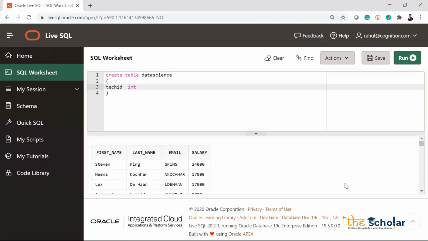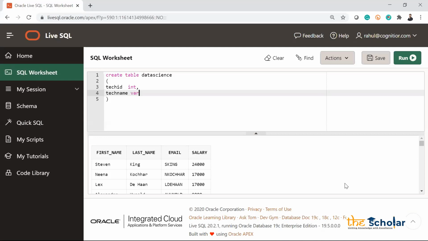ID can be an integer. Now integer is a data type. In databases also we have different types of data types, which we will discuss again in tomorrow's session. So integer is one of the data types. In the same way, we have, let's say, technology name, tech name, and tech name is a string, right? So when you want to store a string, we have a concept of variable character, varchar, or I can pass char as well. Now, what is the difference between varchar and char? We will discuss that soon in this particular week's sessions.